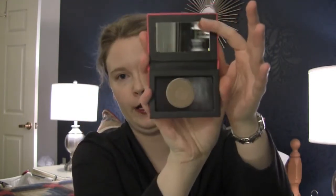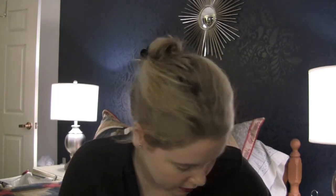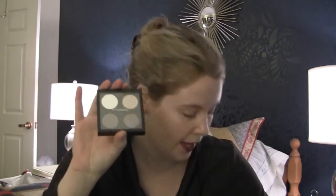So, oh, it's magnetic. That's exciting. So, yay. Alright, so just for size comparison, I think, well, I have another one here. I can try it out. Oh, okay. So just for reference, it can fit 2 of the Stila shadows. I don't have, let me see what I got here. As you can tell, a lot of preparation went into this. So this is a MAC palette, and actually